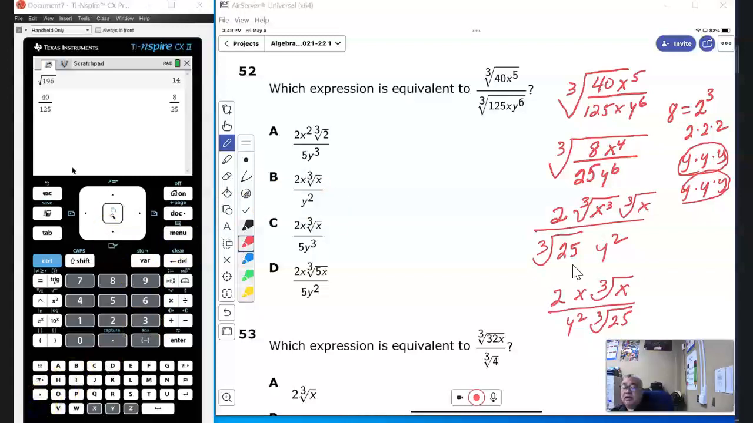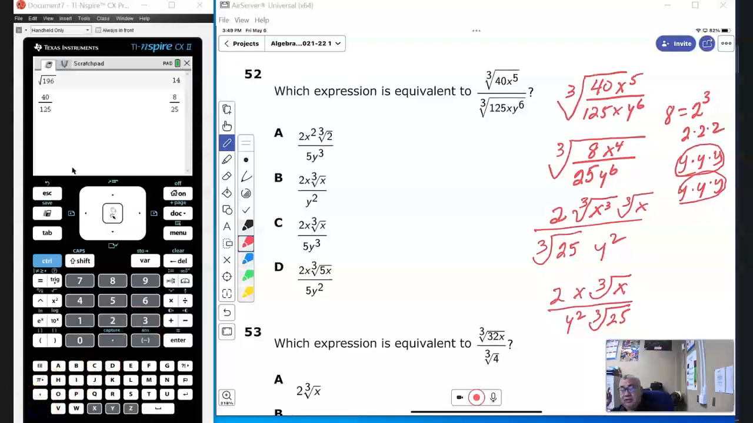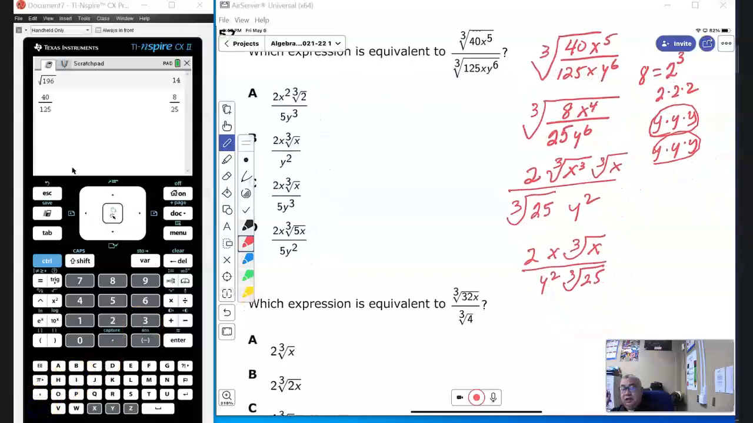Now you notice our answer is not there. What you have to do is rationalize the denominator. In other words, normally you don't want the root to be in the denominator. So I'm going to multiply times the cube root of 5, cube root of 5. So we have 2x times the cube root